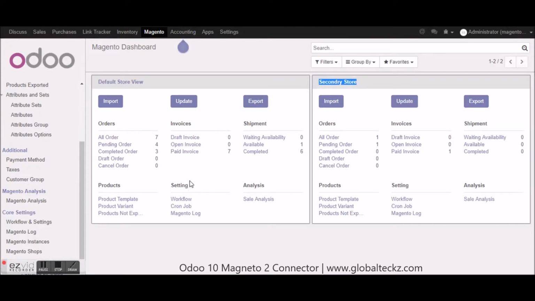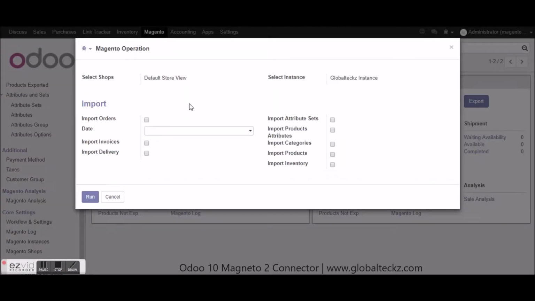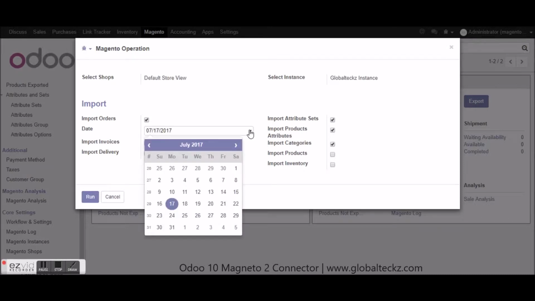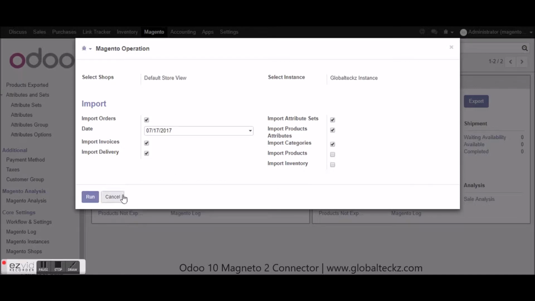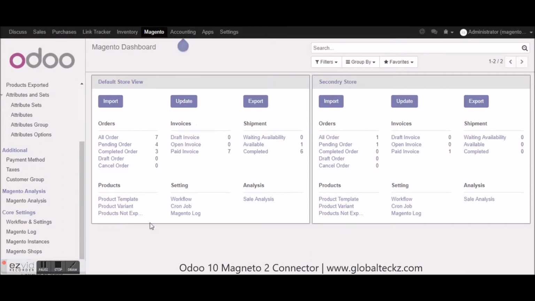So let me just initiate with the import part first. From here you can import everything. So for importing from dashboard, you can just checkbox, and based on your checkboxes you can click on run button and everything will get imported. You can also select the date for your import in case required for particular date orders. So once you are done, you can just click on the run button, and let's go into the second part